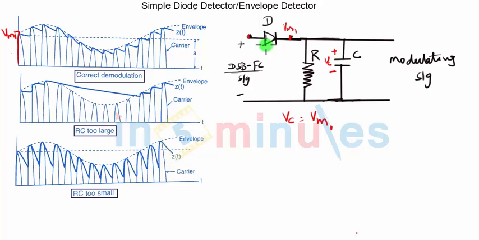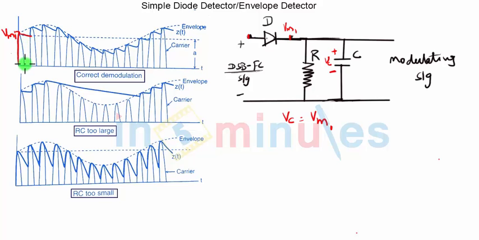Now when that happens, the capacitor cannot charge further, but you can see there is a closed path available in the form of RC now. So the capacitor will now start discharging through resistance R. We have to make sure that the discharging is not as fast as charging. So we will decide the RC time constant in such a way that the discharging takes place very slowly. So you can see the capacitor discharges very slowly, and before it discharges further, the input will go through the